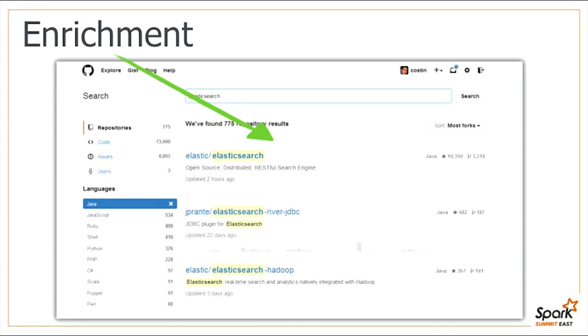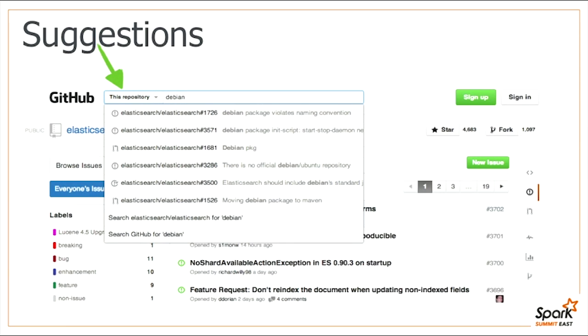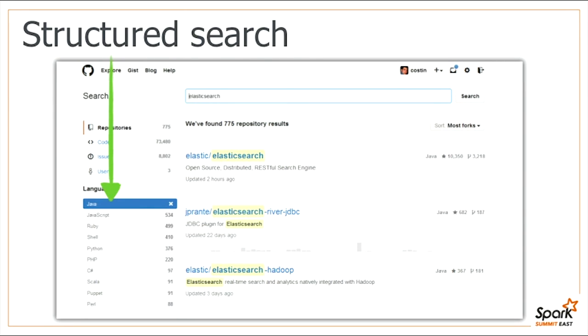And you can also do some interesting things. One of them is enrichment. Things like highlighting. Where does this particular term occur? The offset, the position, is it in the title, in the description, is it a comment? I can see the context, and that's quite powerful. You can have suggestions. So as you type in, you can find the usual answers and provide some type of feedback, so you can actually narrow down the search as you type it. And also do other interesting things like structured search.